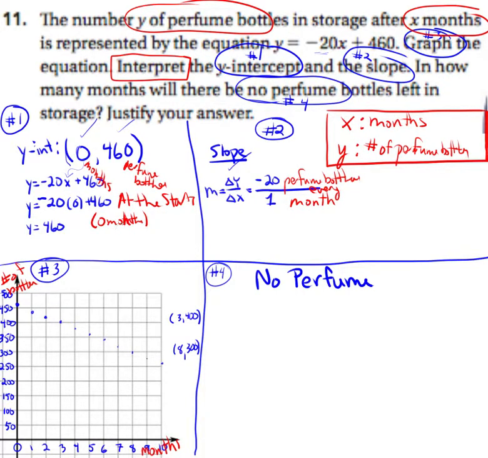So if you didn't put that in your work, just squeeze it in there in parentheses right after the start or the beginning. You might have used the word beginning. At the start, 0 months, there were 460 perfume bottles. So now if we go to the slope, I'm going to write down every month, every 1